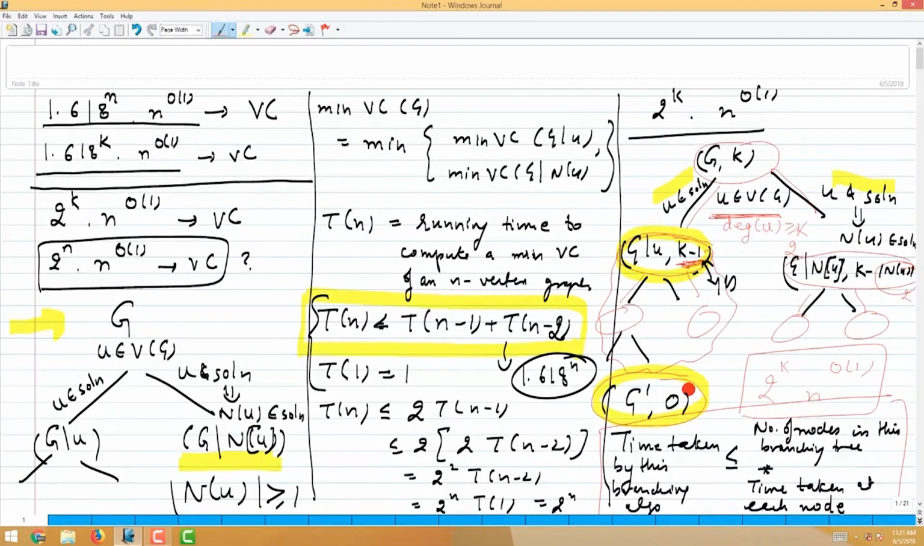Maybe here also when you branch, you will branch into k minus 1 and k minus 2, but the number of nodes in this binary tree will not be more than the number of nodes in a complete binary tree of depth k minus 1 here, right? And if you look at this binary tree, again the number of nodes in this binary tree cannot be more than the number of nodes in a complete binary tree of depth k minus 2, because